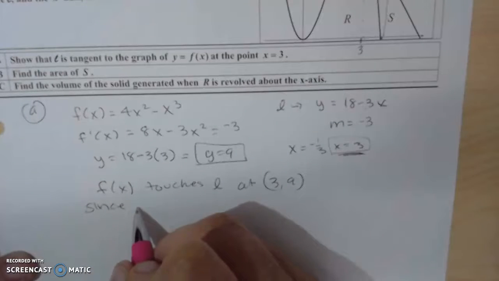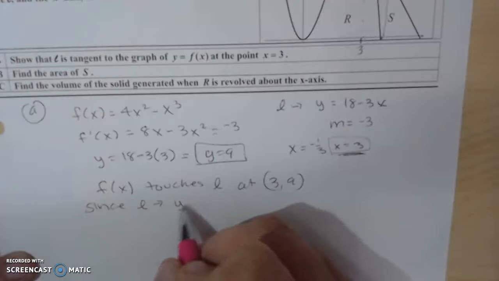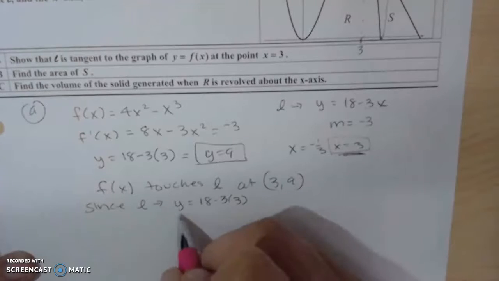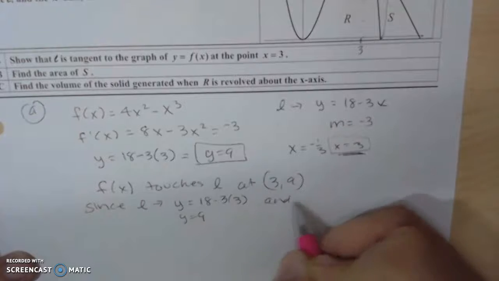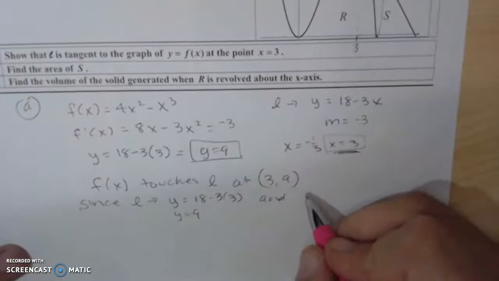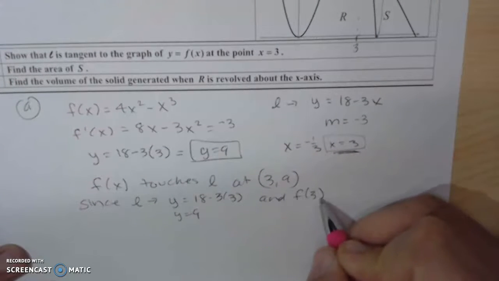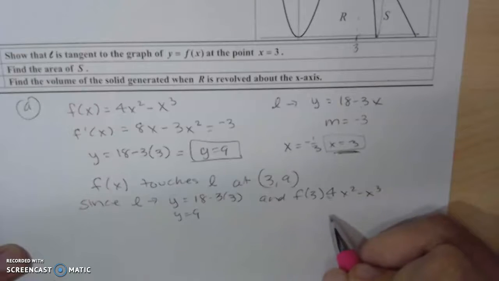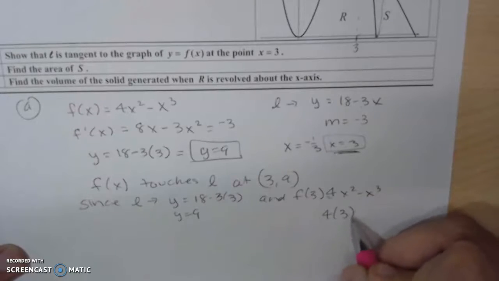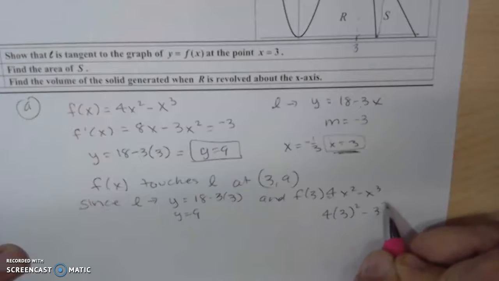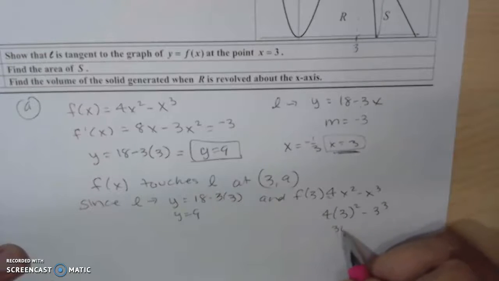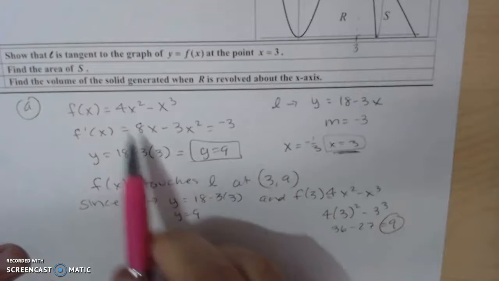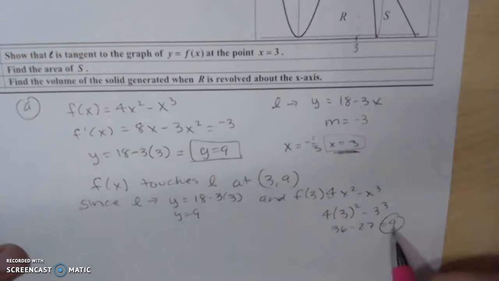Since L is y equals 18 minus 3 times 3, y equals 9, and let's verify that it touches at 9 by plugging 3 into the 4x squared minus x to the third. So we're going to get 4 times 3 squared minus 3 to the third, so we're going to get 9 times 4, 36 minus 27 equals 9. So we can verify that f of x goes through the point 3, 9,